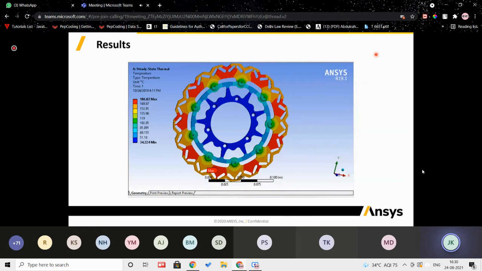So finally, we are identifying the maximum stress here, and you can see these regions are still not reaching the very high limit. So you can clearly depict this temperature distribution when it is subjected to the corresponding heat flux.